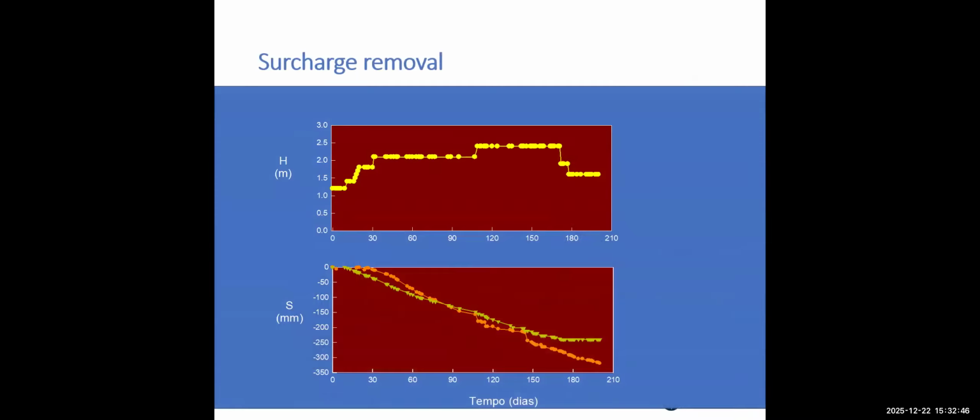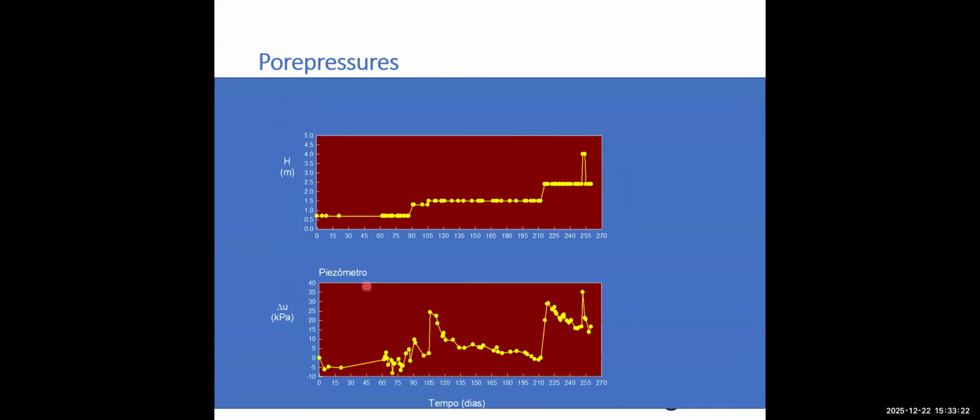Okay, and it was installed by a stitcher, with the drain protected. So much better technology was used in the 90s, and these are the results of settlement measurement at the height of the embankment. So here we put the surcharge. Then the surcharge was removed at some point, and we see that when we removed the surcharge, practically the settlement stopped. And here the surcharge remains, and as you see, the settlement goes on. So we had very, very good results from this.